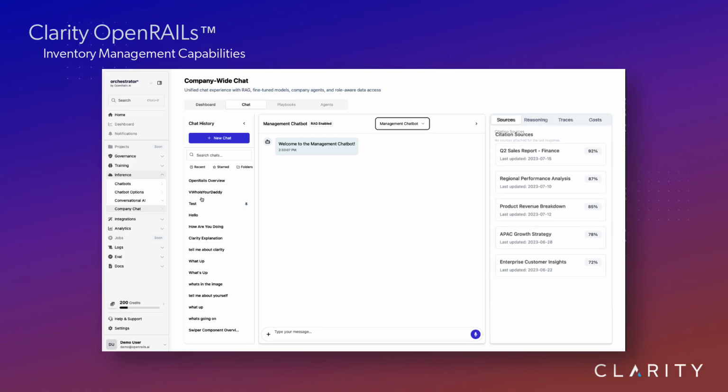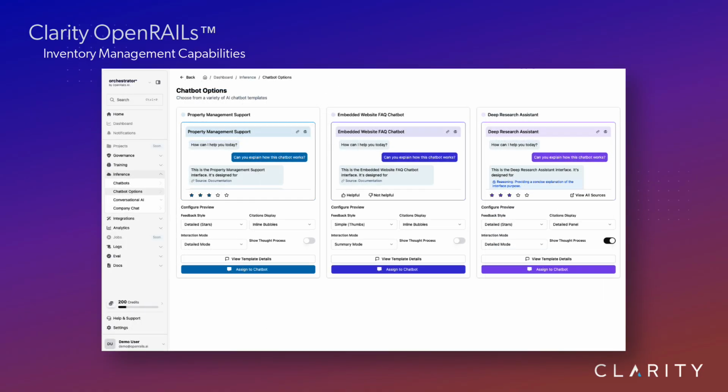On the right, depending on my interactions, it will display the documents containing information that it used to construct my response, along with a score of how well that content in the document matched my inquiry. Using the chatbot's experience can be different depending on the settings chosen during setup. In my instance, I have Agent Thought Process turned on so I can visibly see what the agents are working on while I'm waiting for my response.